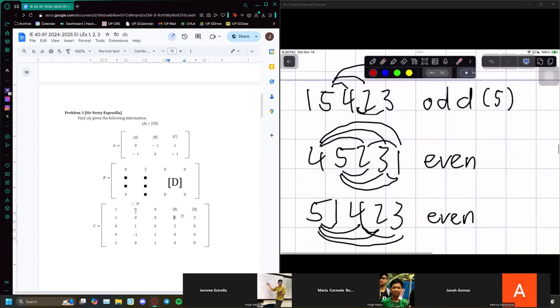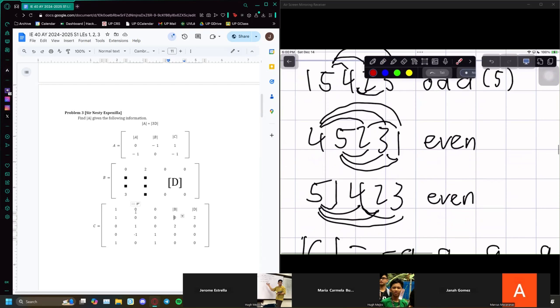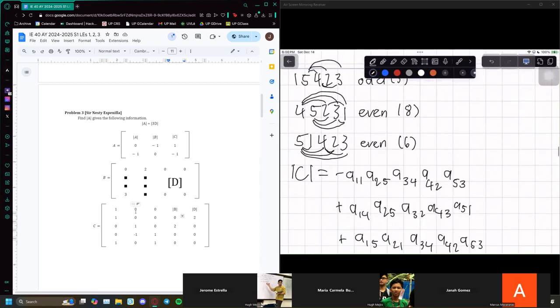Then same thing. Let's count the number of inversions. For this one, it's 8. Then 1, 2, 3, 4, 5, 6. Then this one is 6. So